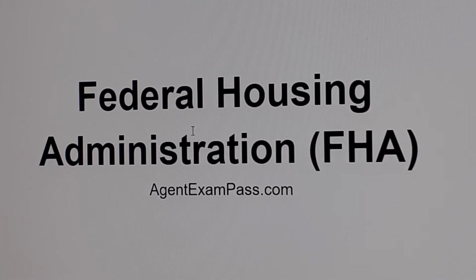There are different FHA loan programs. The Section 203B is their normal loan. Section 203K allows the remodeling or rebuilding of a home in conjunction with a purchase. Section 245 is the graduated payment mortgage and energy efficient mortgage, and Section 255 is the reverse annuity mortgage. The FHA program has been a major force in American homeownership since 1934. The FHA program is a part of HUD and has the purpose of promoting home ownership.